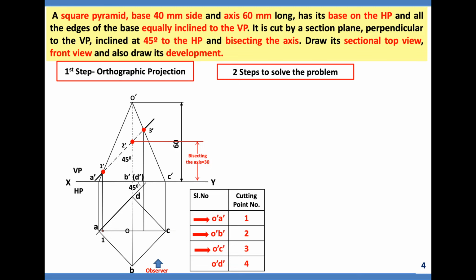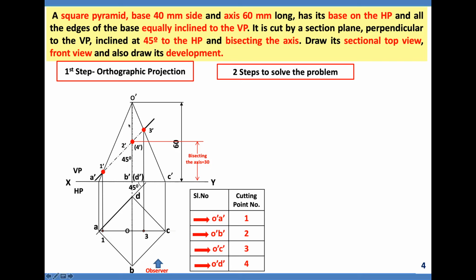Before that, from 3', let me drop a vertical line until it touches OC. So mark a dot which indicates the point and represent it as 3. O'D' is 4, which comes here, as I said earlier, 2' bracket 4'. Now since 2'4', which is on O'B', O'D', is a common vertical line, how to do that?